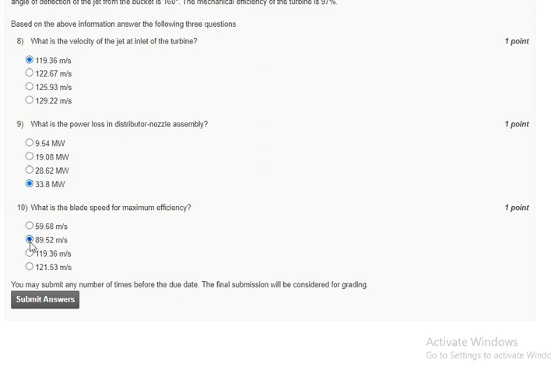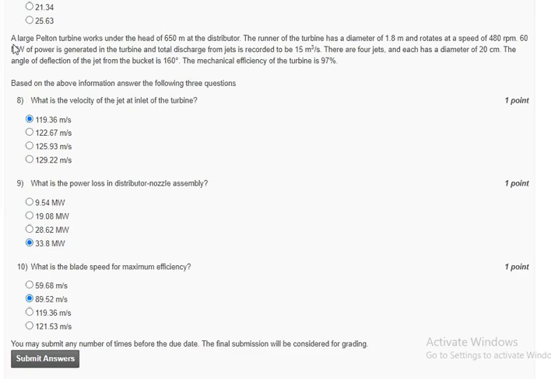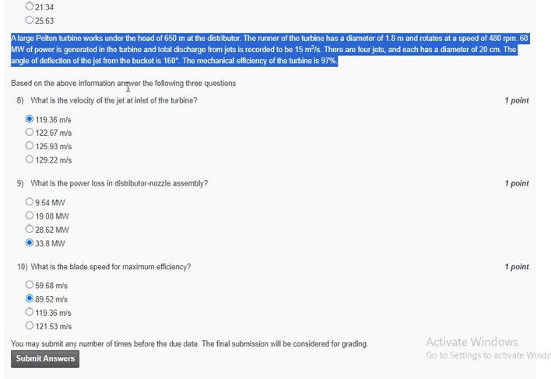So 8, 9, 10 are the questions which are related to this numerical, and the same numerical is solved by our sir who is taking the class